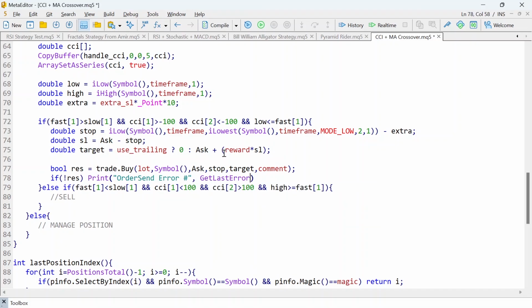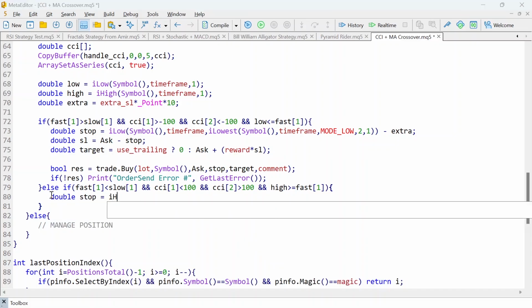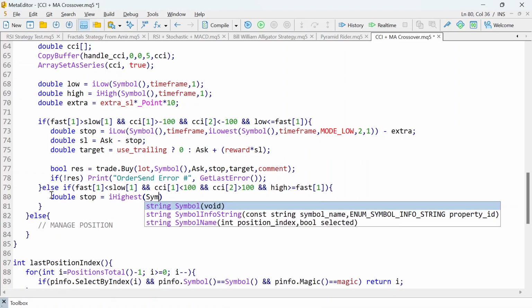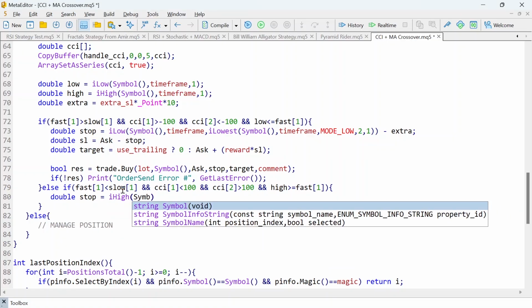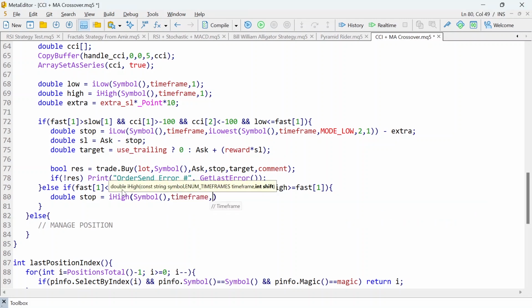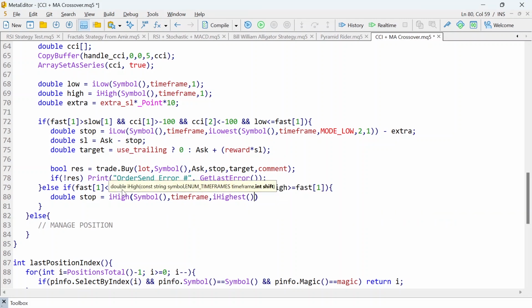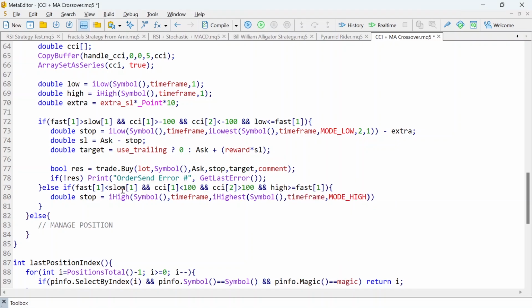Get me the reason why. So that is that. And for the sell case, you can say the stop loss will be the highest point, or the higher point between the last two candles, right? Oops, it shouldn't be highest, it should be high. So this time we are interested in the high, then the last two starting from one,